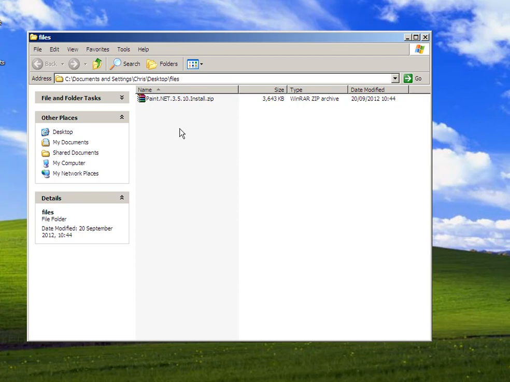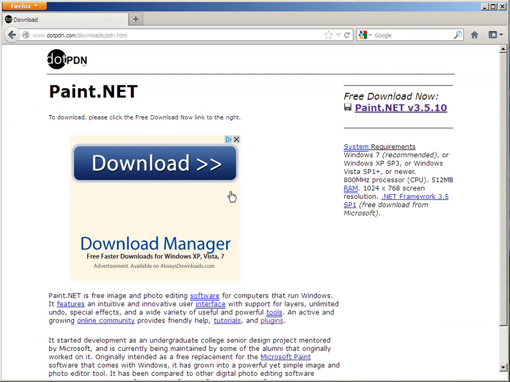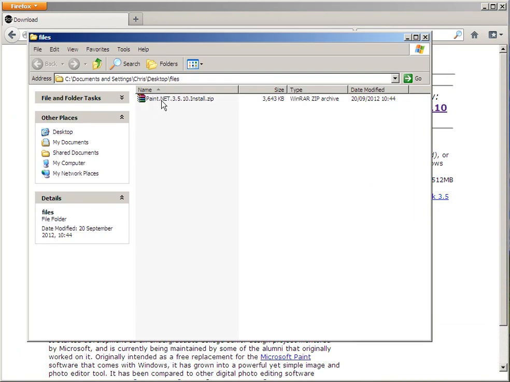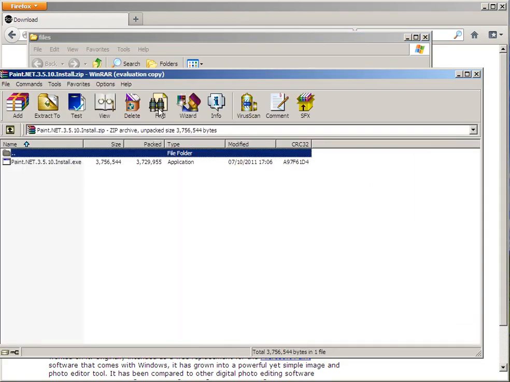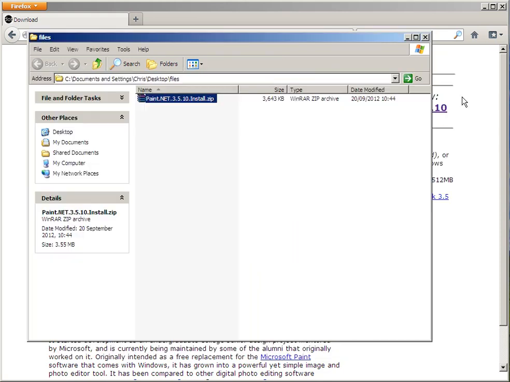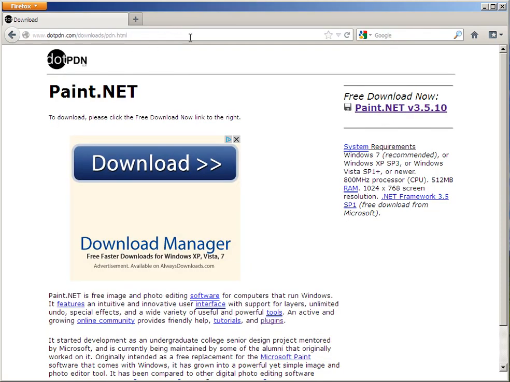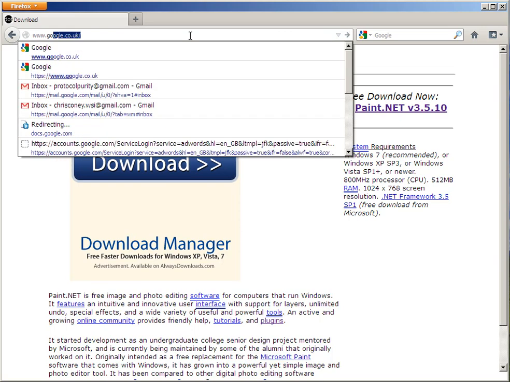Now if you don't have anything like WinZip on your computer that opens zip files, then you actually need to get something that does that. For those of you that haven't got any software to do that, you'll know because when you double click on it, it won't do anything. It'll say it can't open this file. So all you have to do then is just go back to Google again, for those that haven't got any way of opening zip files,